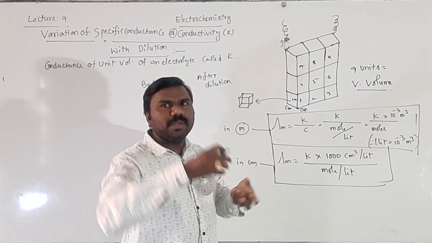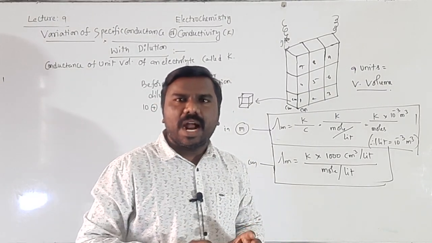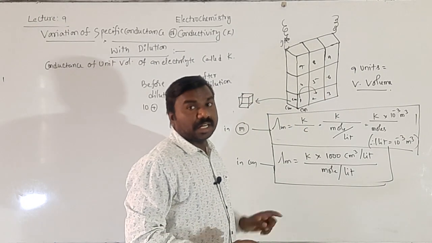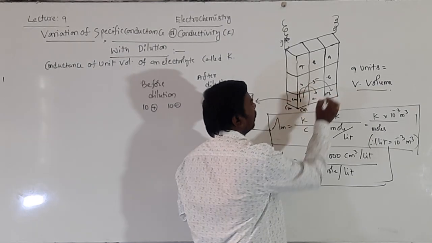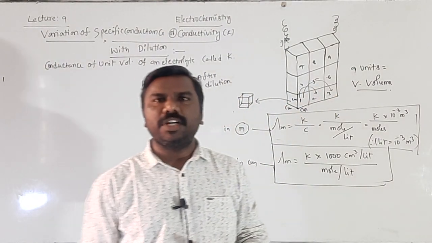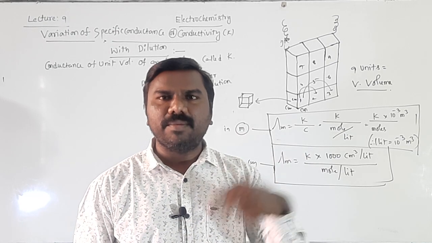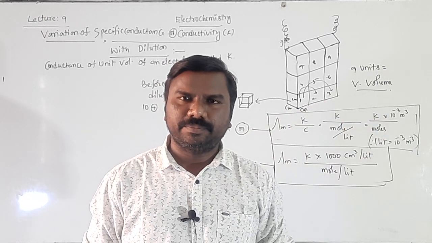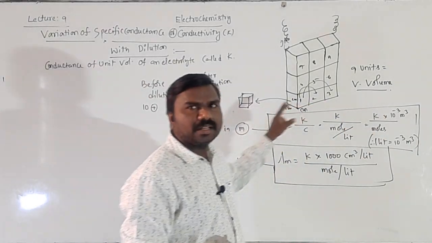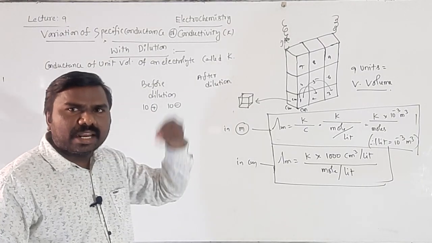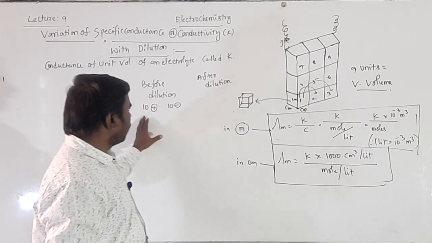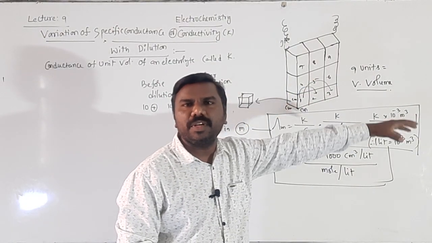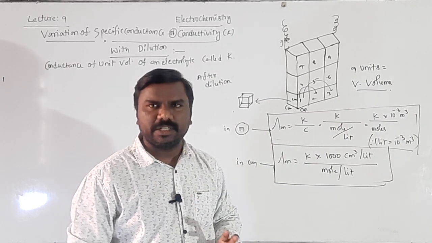Obviously, this unit will be completely filled and the water in this unit will move to the second unit. Second unit filled, it will enter into the third unit. Third unit also filled by adding water. Continuously I am adding, continuously diluting. Then all the units will be gradually filled. In the beginning, the first unit contains 10 cations and 10 anions. When I added water, the 10 cations and 10 anions gradually move to the second unit, third unit, fourth unit because of more addition of water.